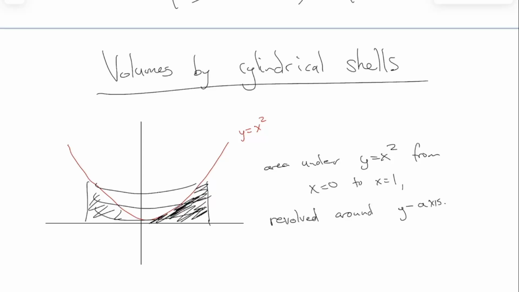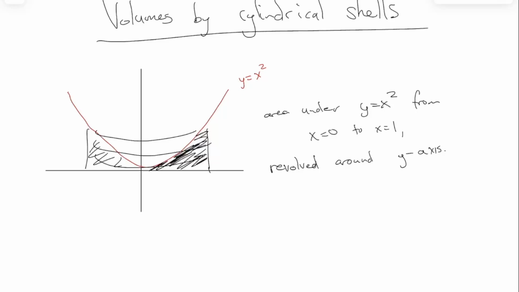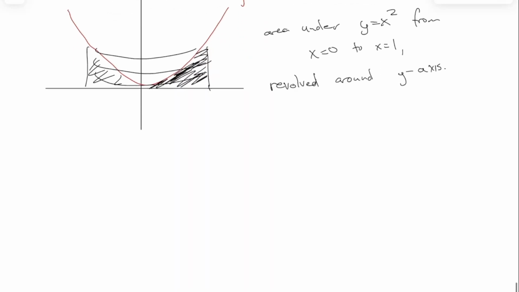So you could do that same problem in that way, but I want to do it in this other way. This is called volumes by cylindrical shells. This involves, again, slicing it up into little bitty shapes, but the bitty shapes this time are slightly weird. Actually, you couldn't really slice this in the way that I'm talking about, but I'll say make slices along the x-axis and rotate or revolve